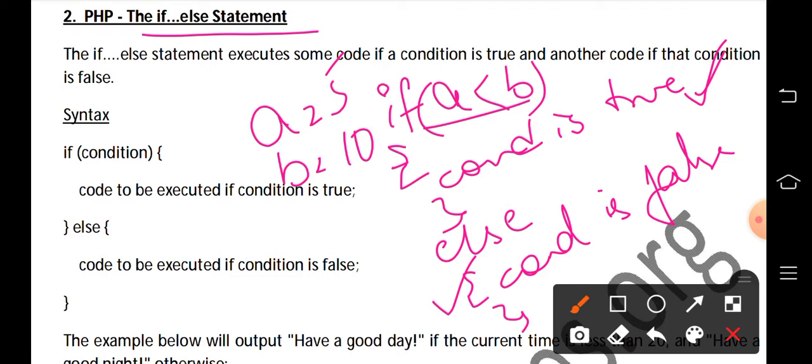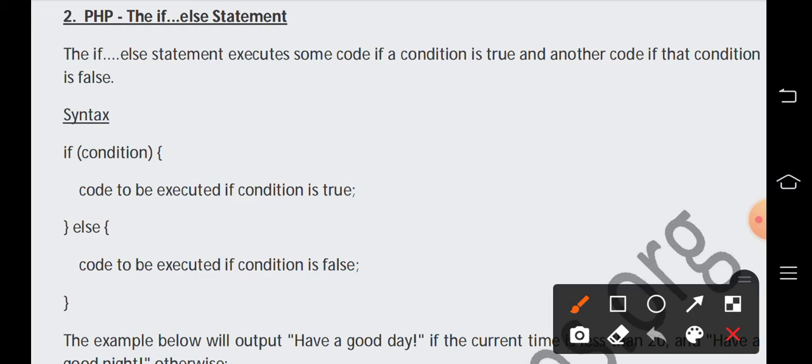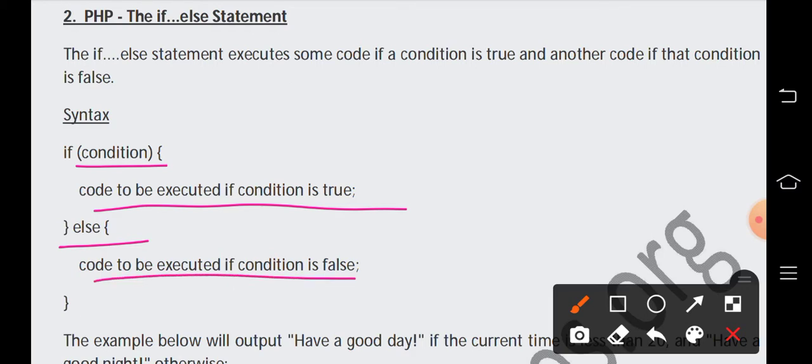That means only one of the conditional statements will be executed, not both, because we are checking the condition. If it is true, this will be executed. If it is false, then the else statements will be executed. Here you can see the syntax. If condition is true, then code to be executed if condition is true, else code to be executed if condition